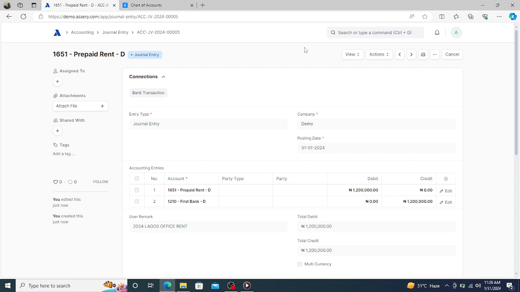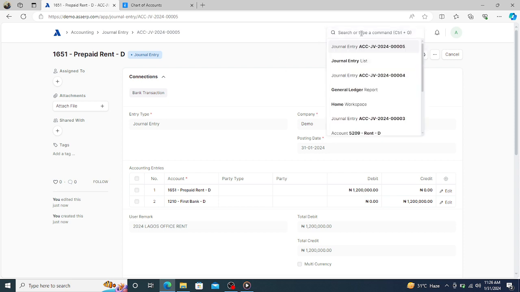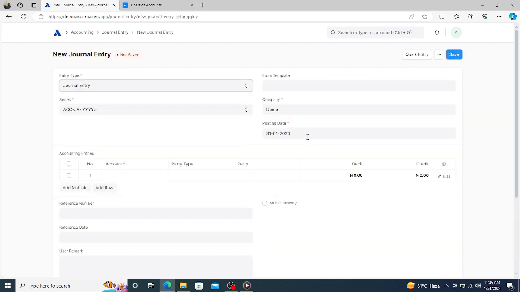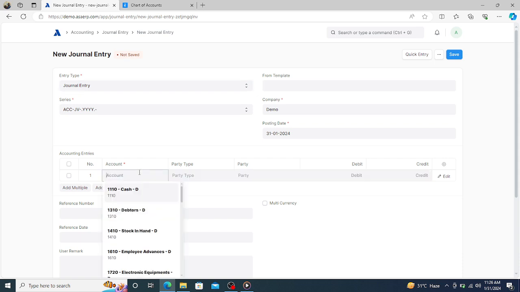So how do you do that? Locate your journal entry list. Okay, add journal entry, choose your date. The first one is 31st January, that's the first month of the year. Then come here. In this case, now when you amortize, you are now going to debit the expense account and credit the prepaid expenses. In this case, we are going to debit rent as an expense and credit prepaid